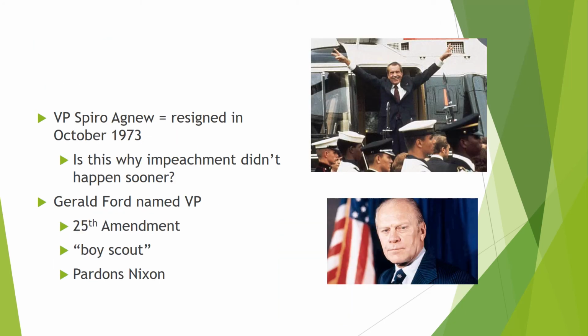Okay, just because this story isn't weird enough, there's more. When Richard Nixon was elected in 1972, his vice presidential candidate was a man named Spiro Agnew. And Agnew is a shady character. I mean, this guy is resigning from the vice presidency in October of 1972 because he has been accused of accepting bribes from contractors both before and during his time as vice president.